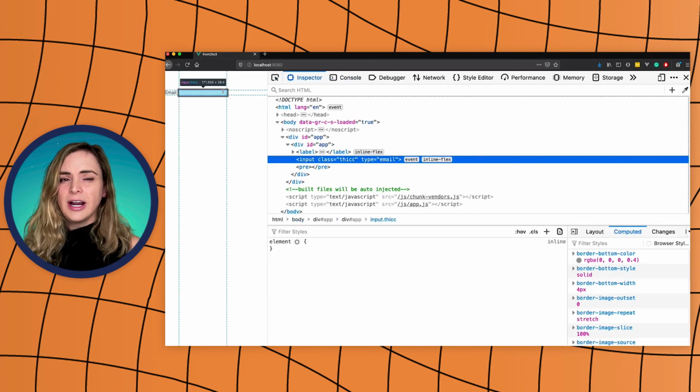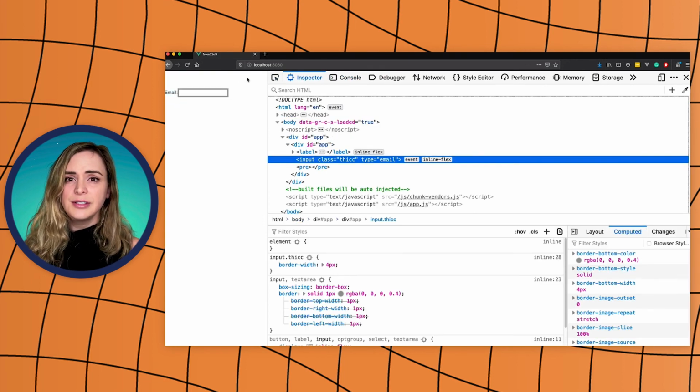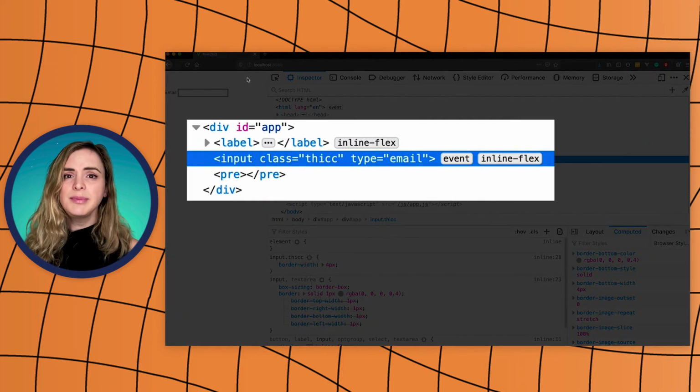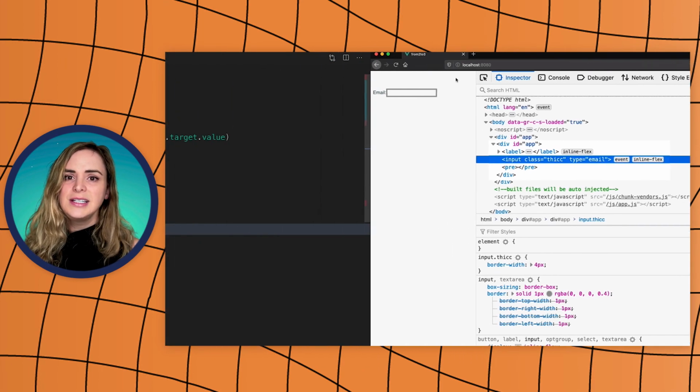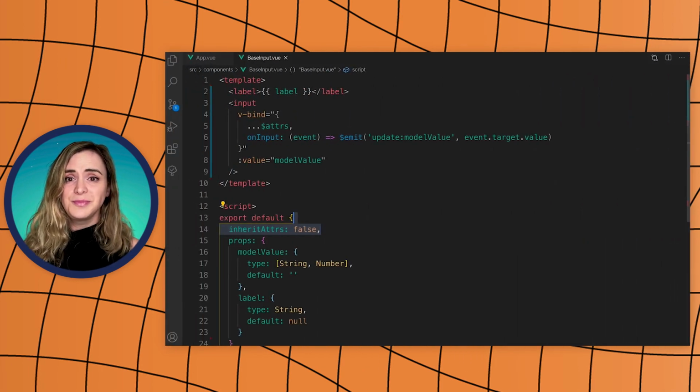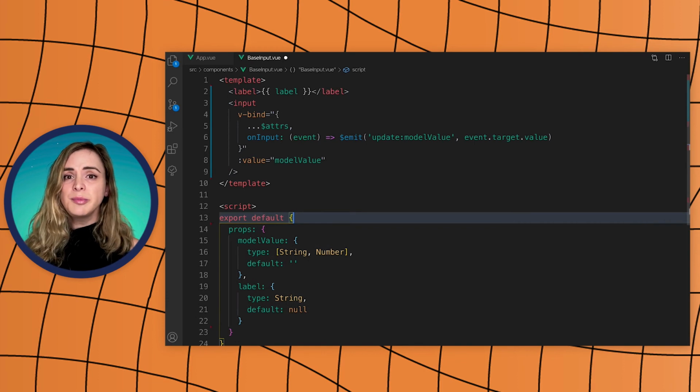Now, as you can see, our base input is correctly being rendered. The bindings are still in place, and the wrapping div tag is nowhere to be found. So that's good. I have good news for you. Now that we are working with multiple root components, we can safely remove the inheritAttrs